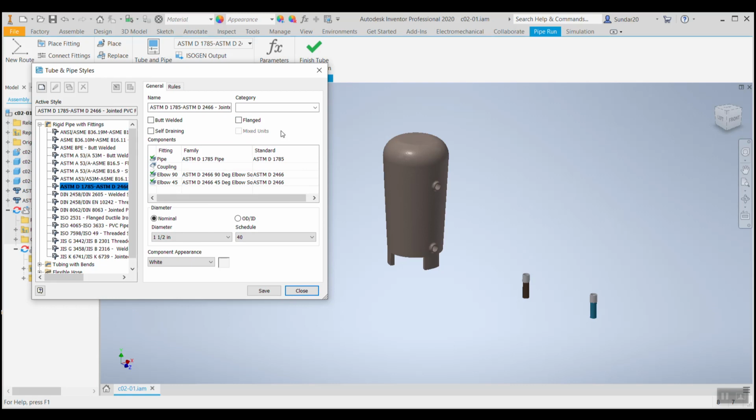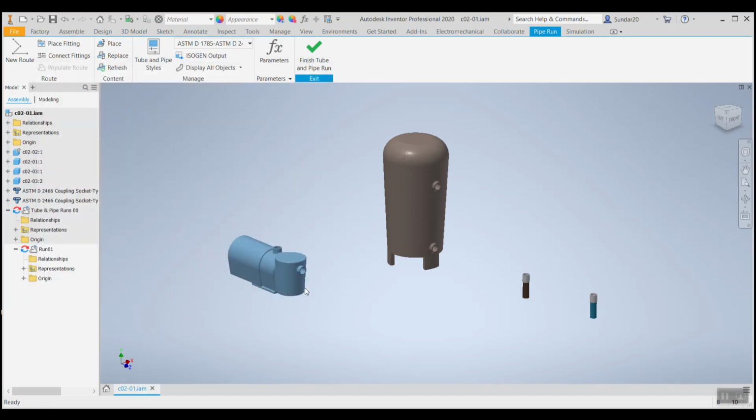So once you are OK with it, save this. And if you are going to save it in the existing library, it will be changing the default options. So if you are not okay with it, you can go over and say copy. It will create a duplicate of it, and then you can put your changes there, and not in the original content which is available in Inventor by default.